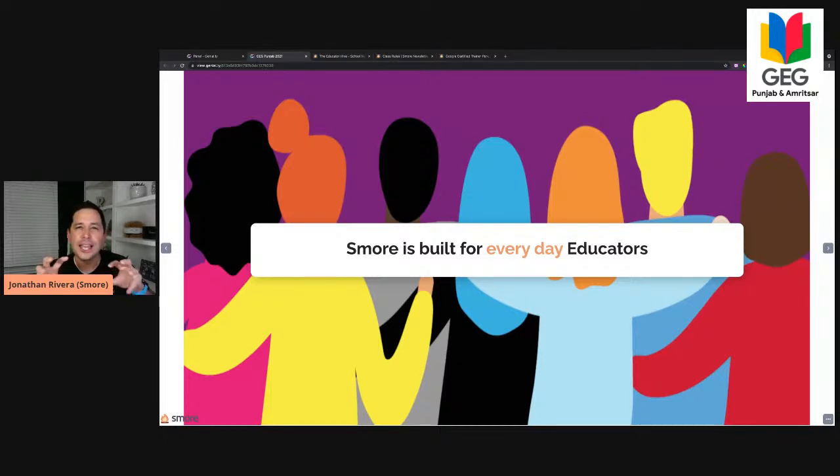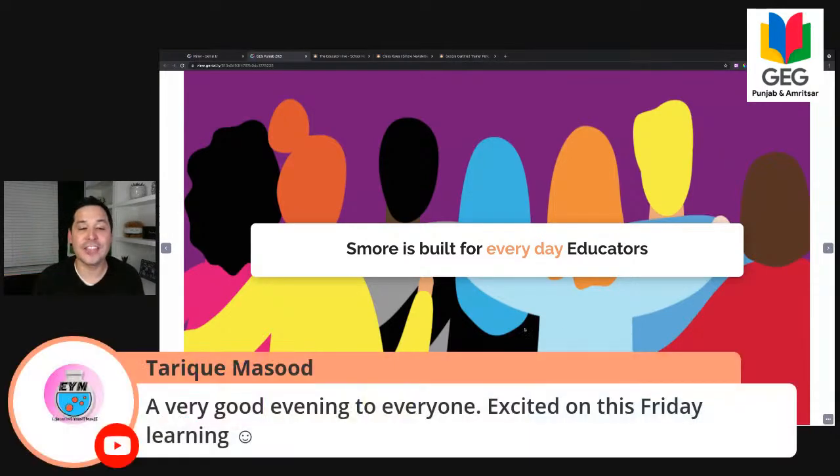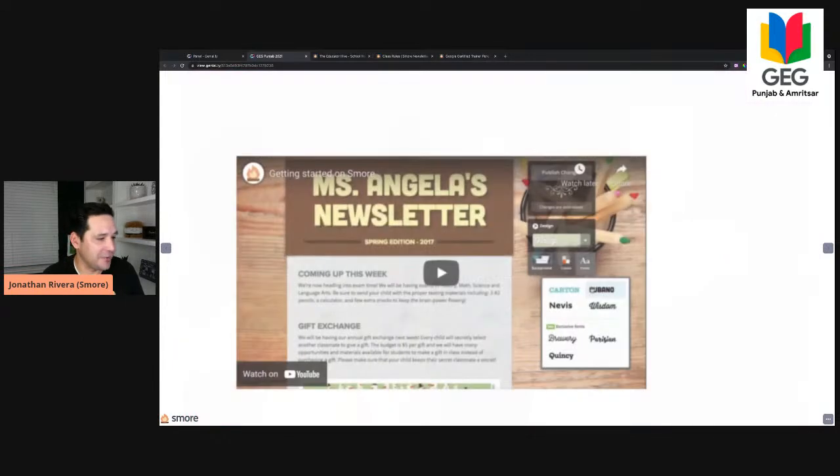If you're someone who really likes to be creative and gets into the details and customizes a lot of things, and you like to tweak a lot of changes of colors and fonts, SMORE may not be the right tool for you. You may want to use some other tool where you can do a lot of customization. But if you're looking for quick and easy templates, where you can easily add information and it looks good every single time, you're in the right place. And we found that's the majority of educators, who are very busy and working with a lot of different things.